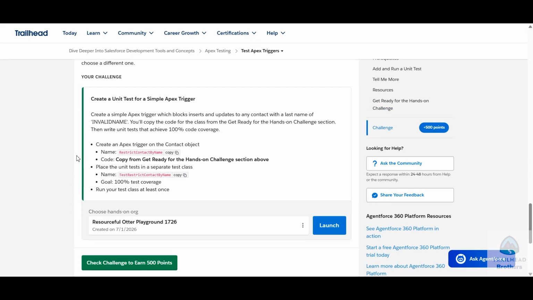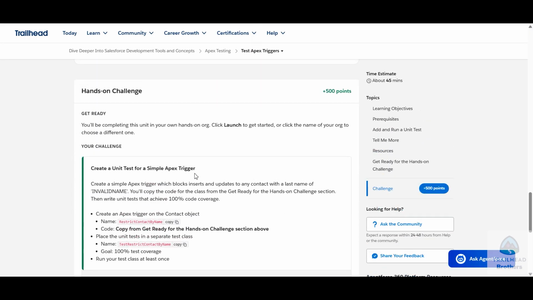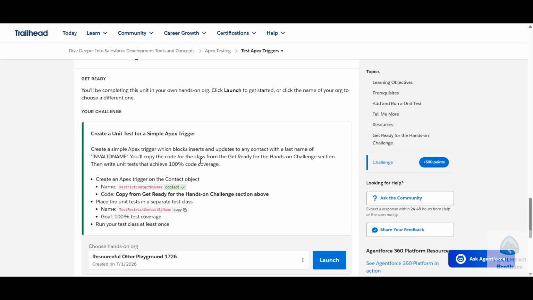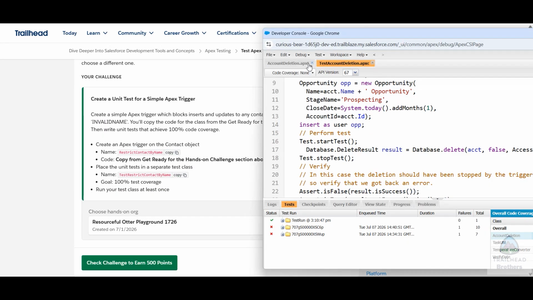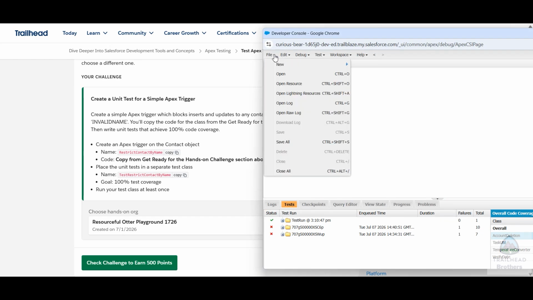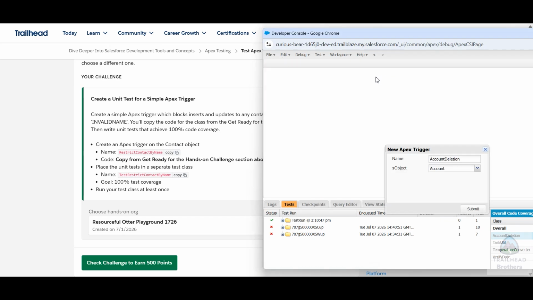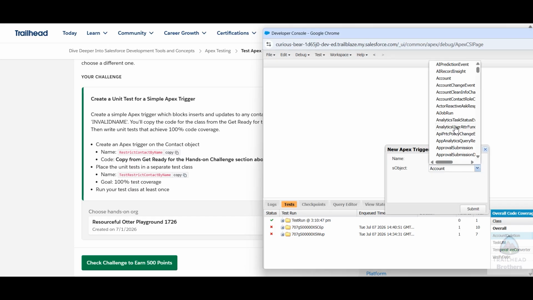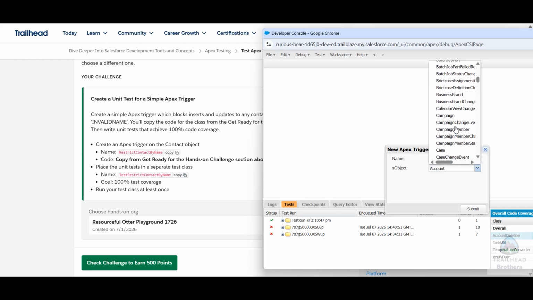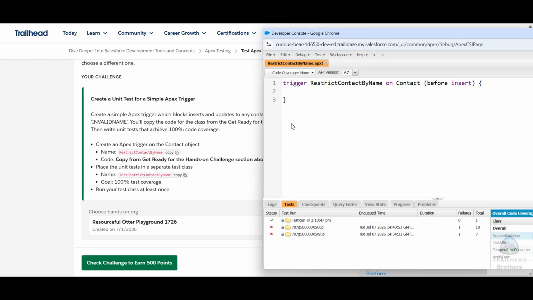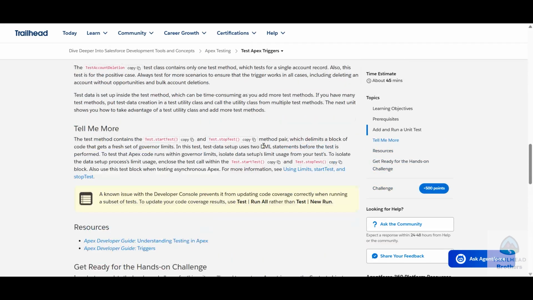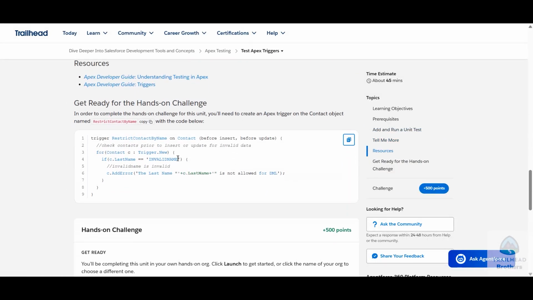Okay, now let's do our challenge here. First of all, we have to create the trigger. So let's create one. I'm going to remove this file. Apex trigger. In here, let's change the name. We're going to select Contact here. There we go, and submit. Then we're going to copy the code from above, this one,